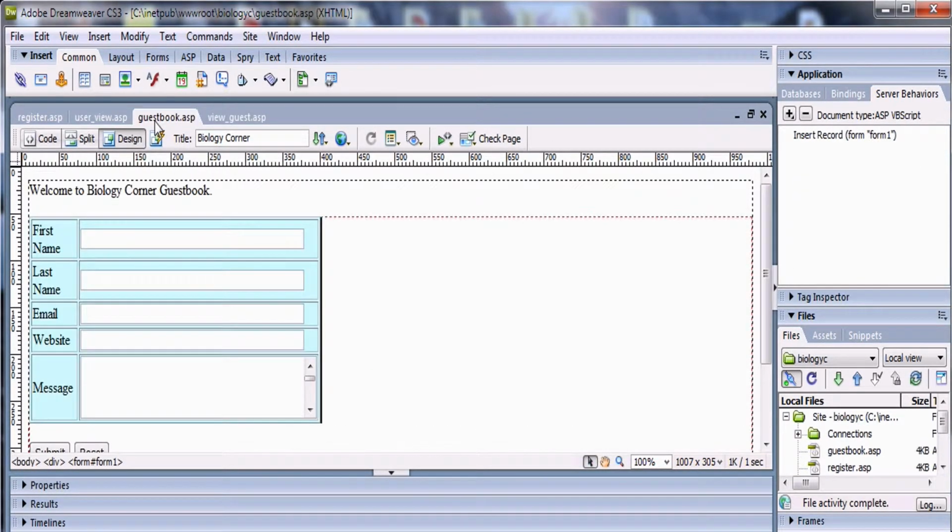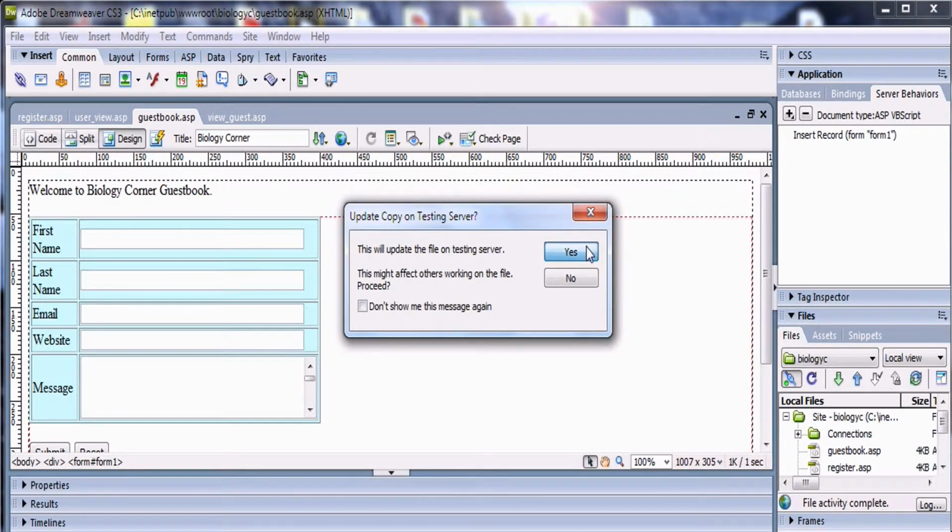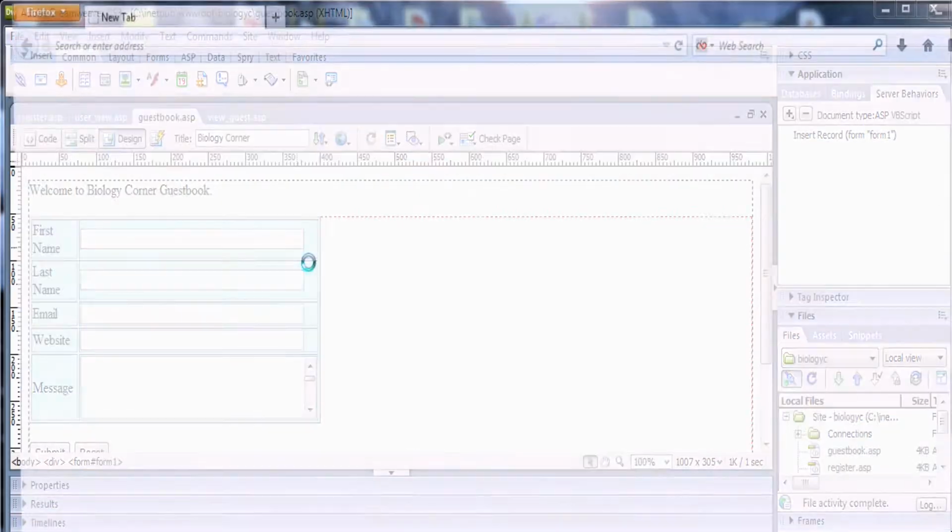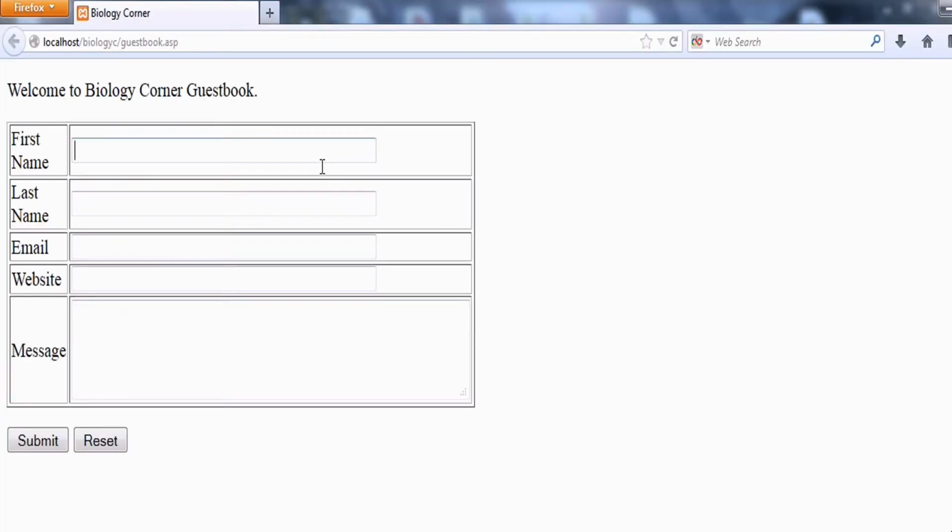Next, go to Guestbook, preview it in Firefox, and type first name, message.